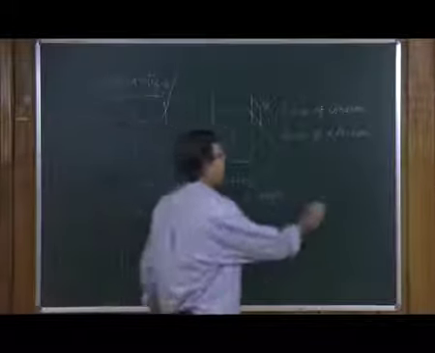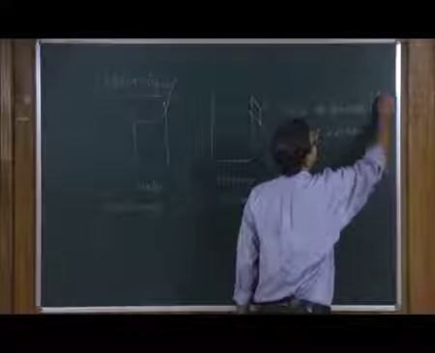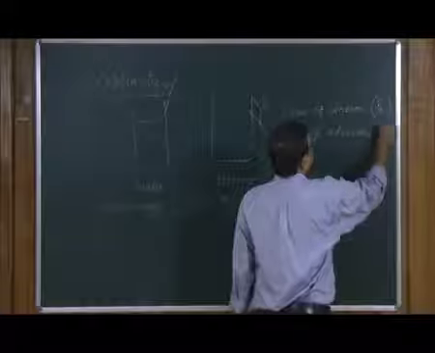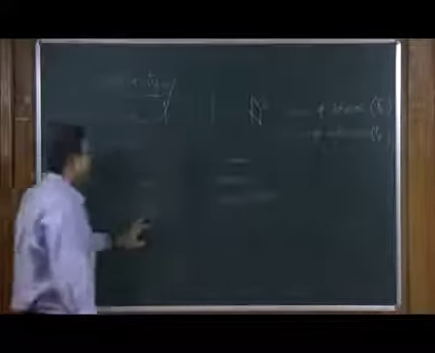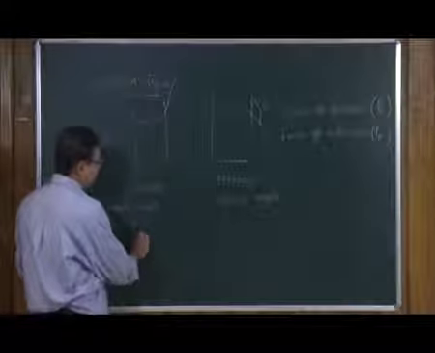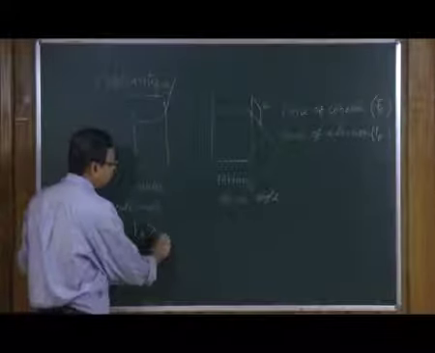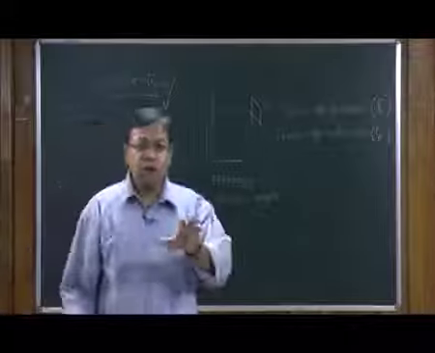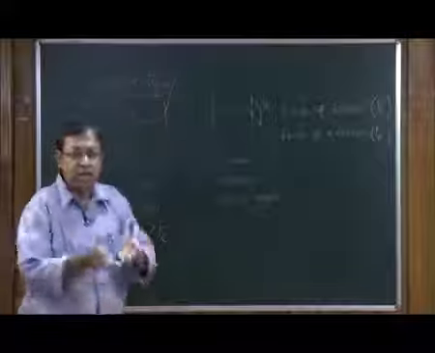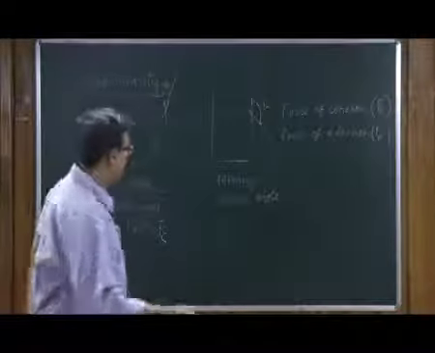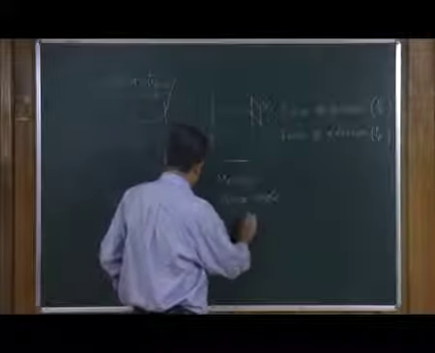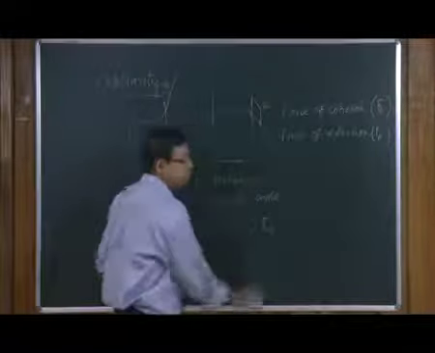So, let us call it F c as force of cohesion, and let us call this F a as force of adhesion. So, for the case of water, we have the force of adhesion to be larger than force of cohesion. So, the water molecules are strongly attracted towards the glass molecules, and that is why they tend to move up. And just the reverse happens here. You have F c greater than F a, which means the